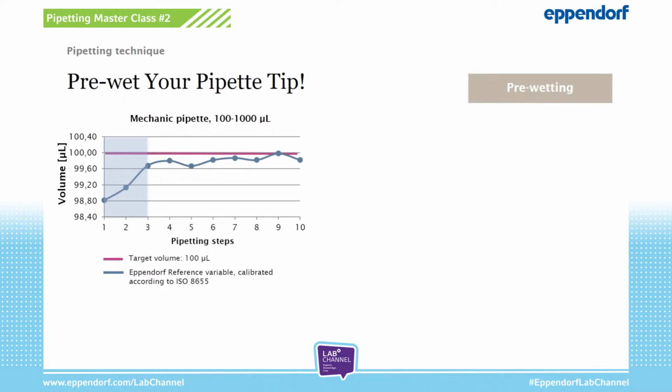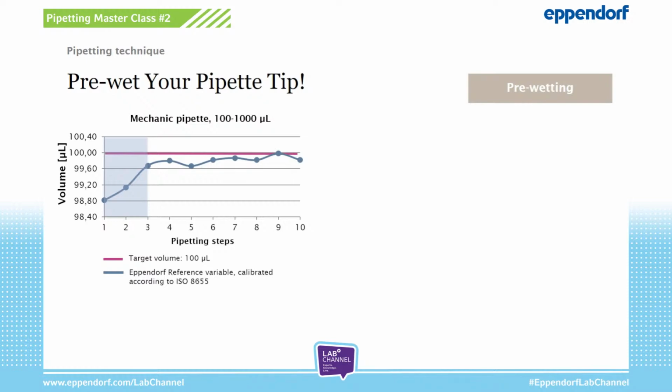The effect is even stronger with, for example, volatile liquids, which are different from water. Just try it out, for example, with ethanol in the lab. Pre-wet your pipette tip 3 times and then pipette the desired volume. You will see that the tip drips less or not at all. So to be precise, this is not just pre-wetting the inner surface of the tip, but also pre-saturating the air cushion in the tip